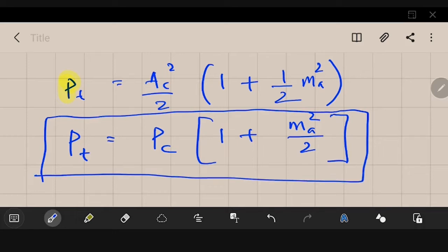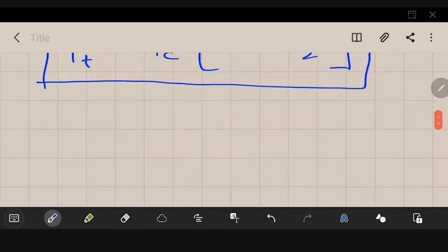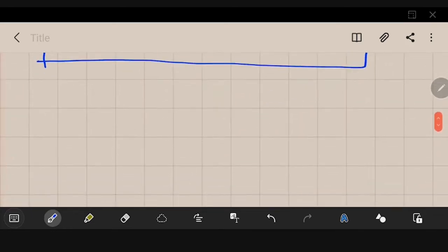So let us do a question on it. You have already known the formula. Let me just give you a question. I think you will be able to solve it. This is quite an easy question, and I think you can solve it easily.